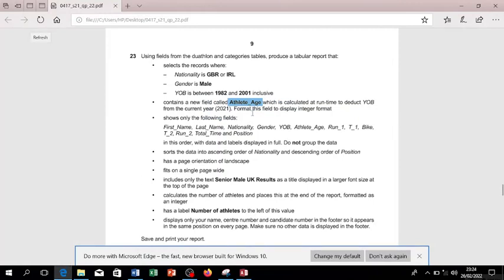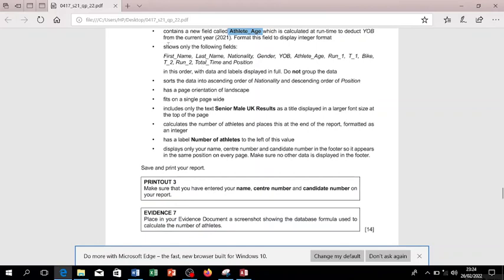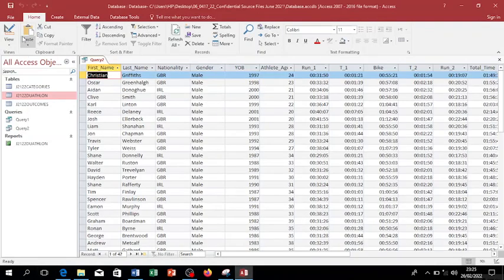Okay, the next thing we want to do is to create our reports. It should be sorted in ascending order of nationality and descending order of position. So I save my query,